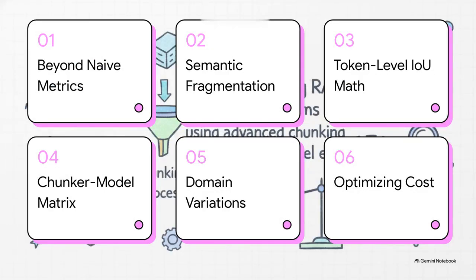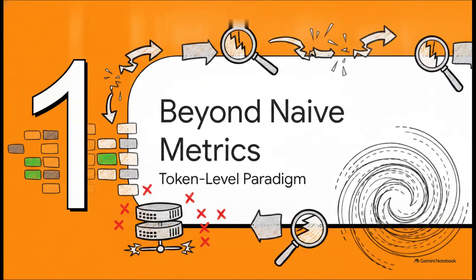Here's our quick roadmap for the explainer today. 1. Beyond naive RAG metrics. 2. The semantic fragmentation problem. 3. Token-level IOU math. 4. The chunker model performance matrix. 5. Domain-dependent variations. And finally, 6. Optimizing throughput and cost. All right, let's jump right into section 1, beyond naive RAG metrics and looking at the